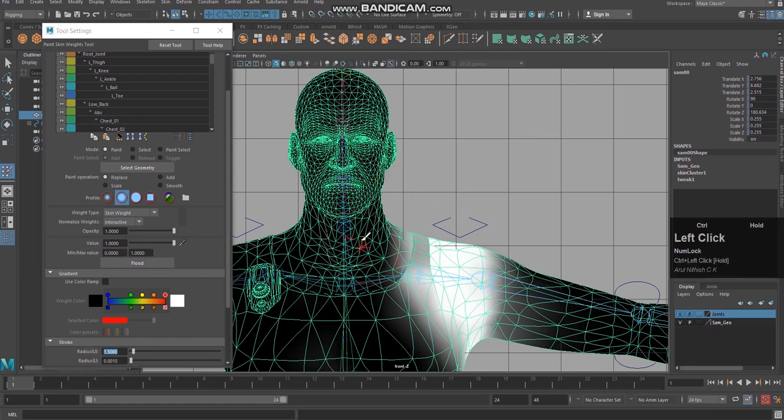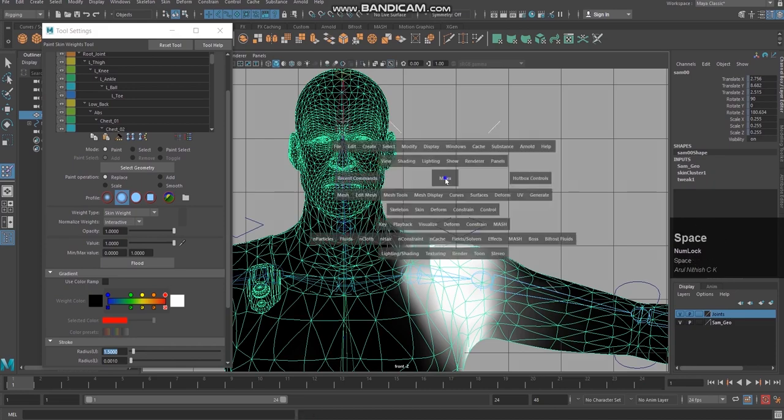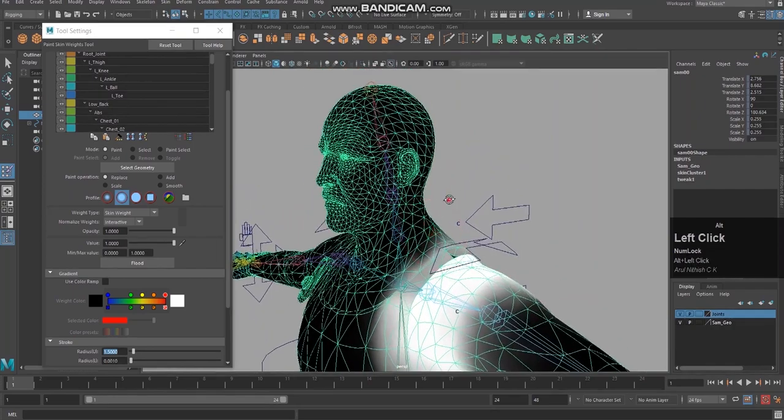That means this joint should not have any influence here. You can see it is getting disappeared. So I'm just going to click control and paint on the face, so it is removing the influence.